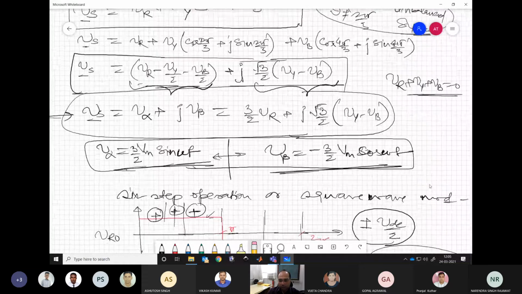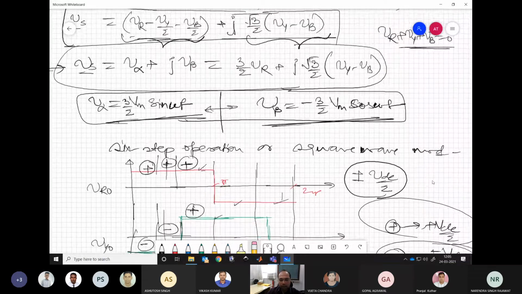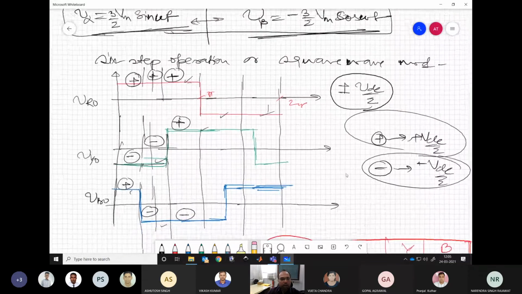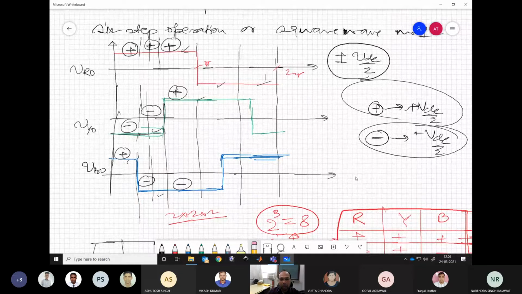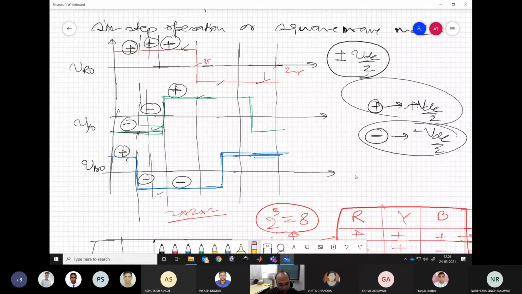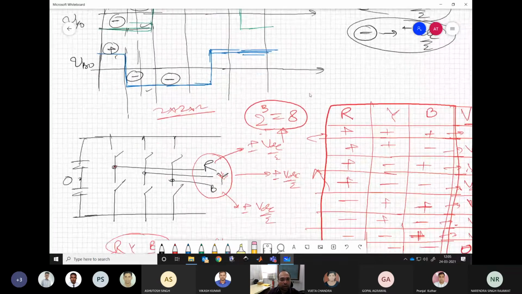Then we can see that some real and imaginary components can be taken out, and then we can have a rotating vector realization. So we try to see that if any voltage quantity can be represented like that, then what happens to our inverter output voltage? And then for a particular operation, which is 6-step or square wave mode, we try to see how these vectors